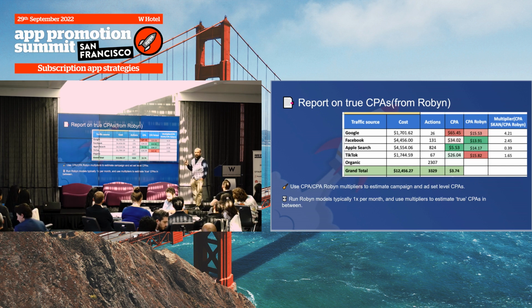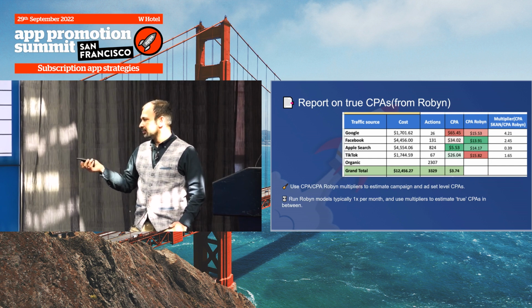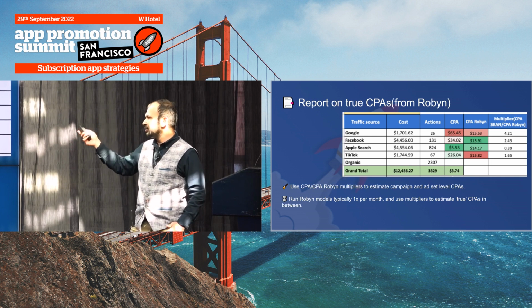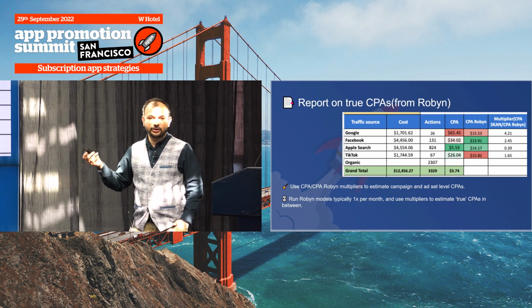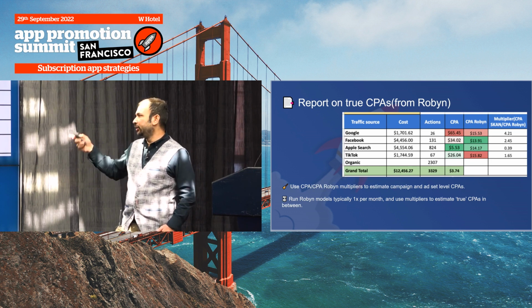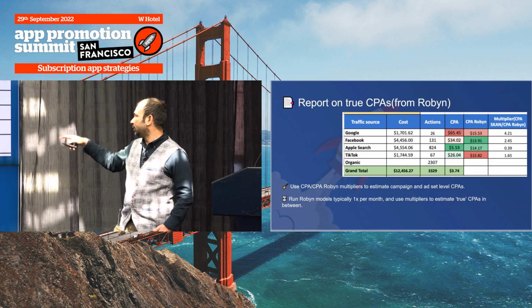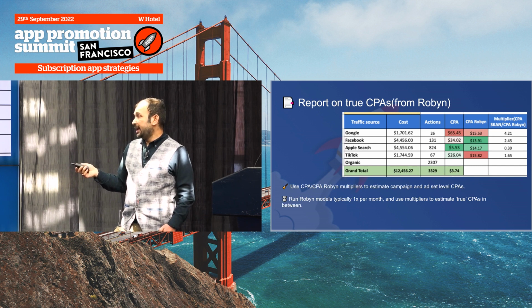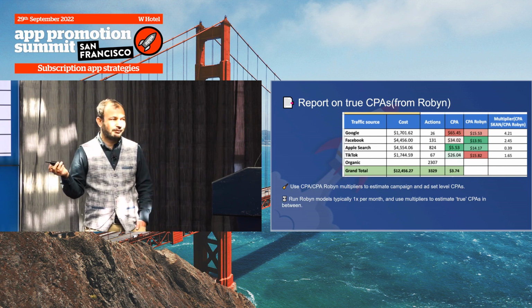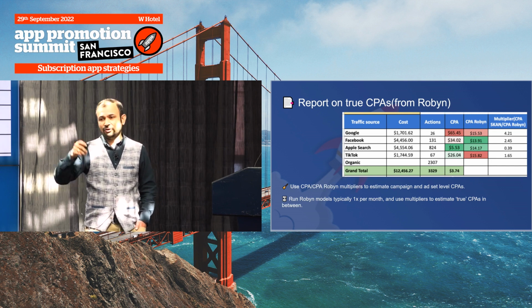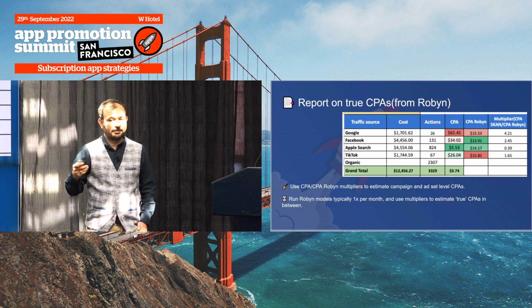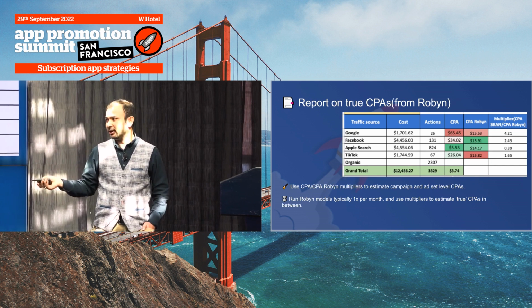Right? This is something we definitely recommend, and we do for most of our key engagements. We run models typically once a month, and we review and revise what the Robyn output looks like. We review and revise the multipliers so we can see what the actual performance looks like, have things changed in the month. And during the intra-month period, we use the multiplier to calculate your CPA Robyn. Right? That's typically how we recommend reporting. And obviously, as you can see, this doesn't include campaign-level data or creative-level data. If your campaigns have enough spend, you can break that down. Or if your creative has enough spend, you can break that down. But otherwise, I would just say stick to the channel level.